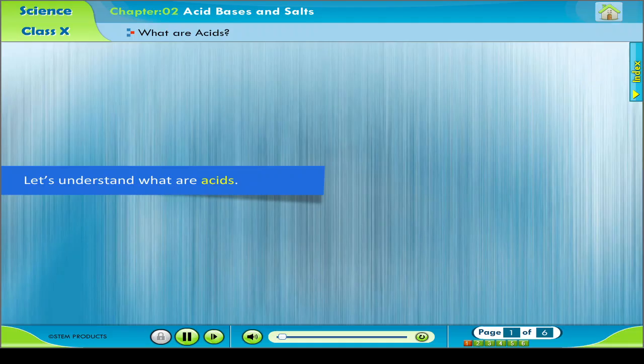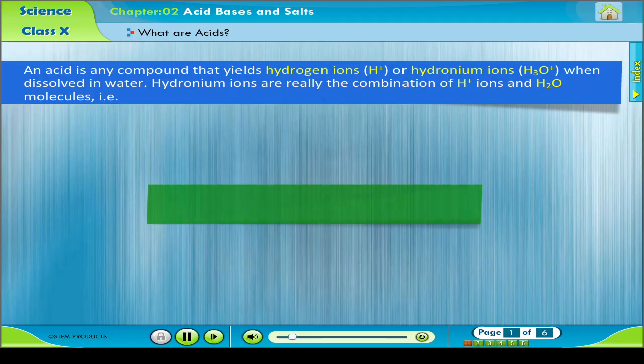Let's understand what are acids. An acid is any compound that yields hydrogen ions, H positive, or hydronium ions, H3O positive, when dissolved in water. Hydronium ions are really the combination of H plus ions and H2O molecules. That is,